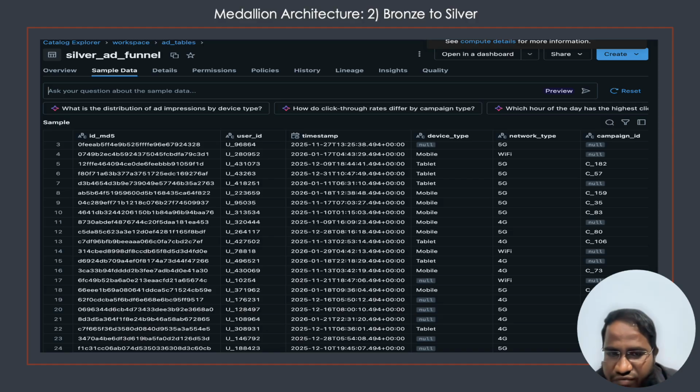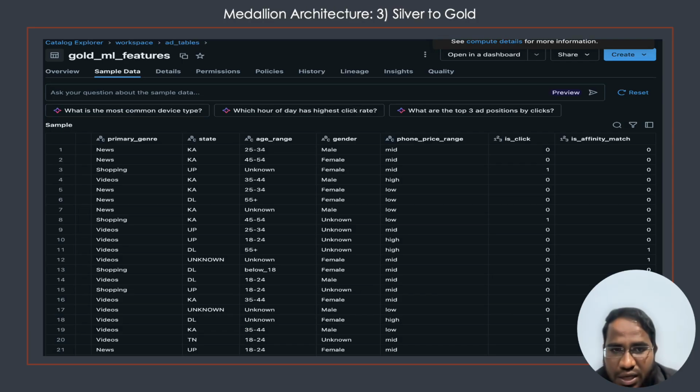Okay. And then we have done some cleaning here as well, like converting male, female to a common terminology like M and F. And then we have created an ML-ready table for the ML-related features. It has clean data and relevant columns with all related things.